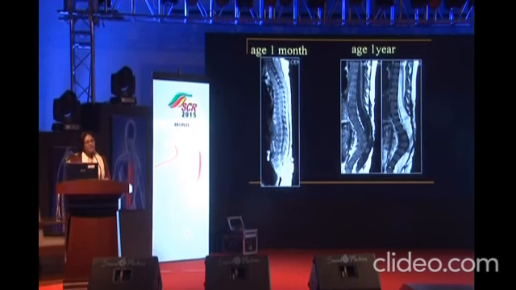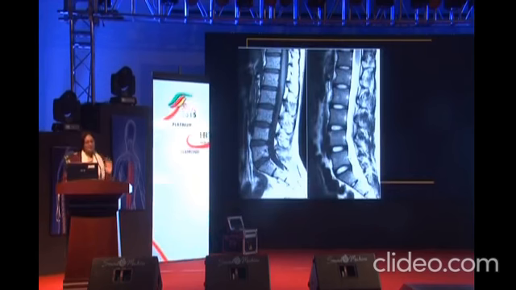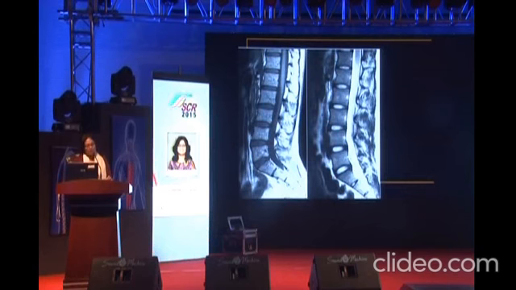But on a T1 weighted image, all the vertebrae look diffusely, slightly hypointense. They still don't have much fatty marrow. And then in an adult, this is the pattern that we see. On a T1 weighted image, the marrow should be fatty. It should always look brighter than the adjoining intervertebral disc. So after the age of 10 years, if you see the vertebral body darker than the adjoining disc, something's wrong and you need to think what it is.